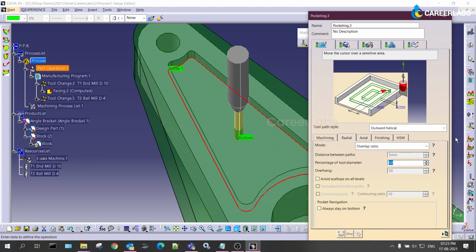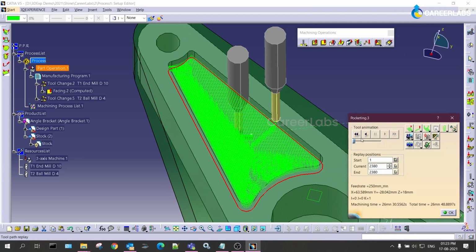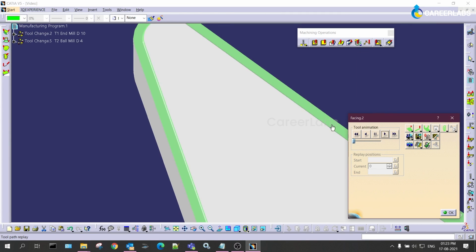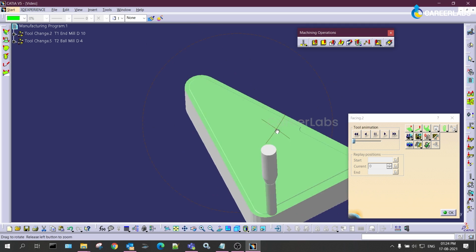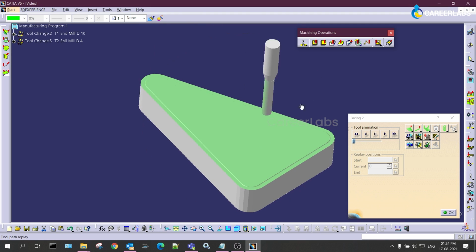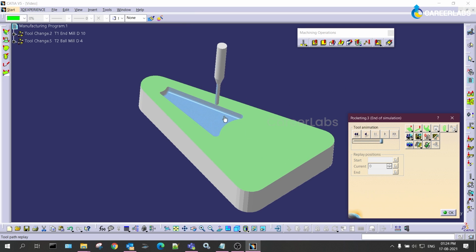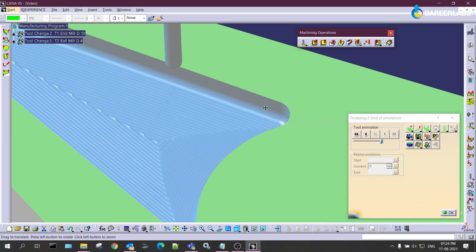If I increase the overlap ratio to 80%, like 0.8 mm, because the diameter of the tool is 80% of the ratio with respect to the validation of the surface, it will take a little more time, but the surface finishing quality will be as accurate as possible. If you see the surface quality now, it is far better than before.